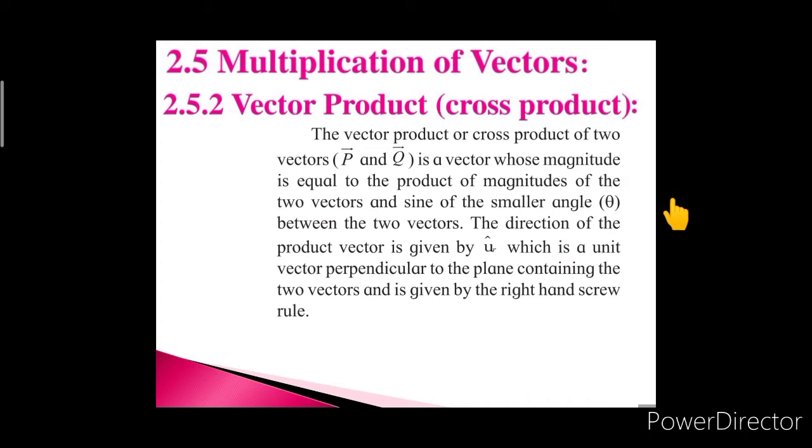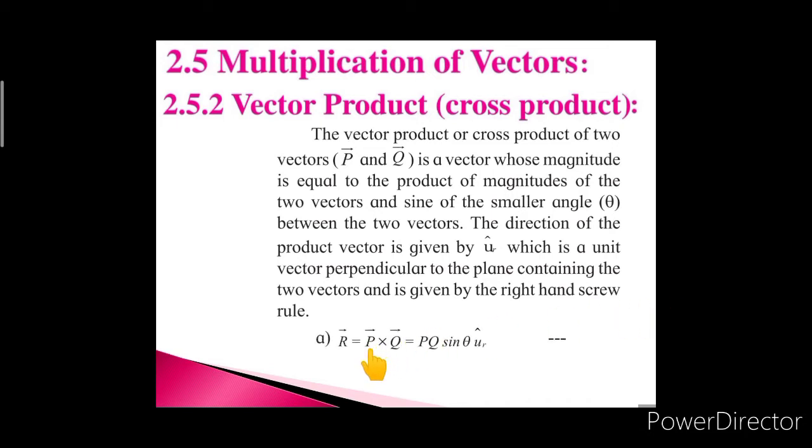The magnitude of the result will be the product of magnitudes of the two vectors and sine of the angle theta between them. The direction is also there because the result of the multiplication is a vector quantity. The direction is represented by the unit vector along a direction perpendicular to the plane containing the two multiplied vectors, and the direction is given by using the right hand screw rule. For example,